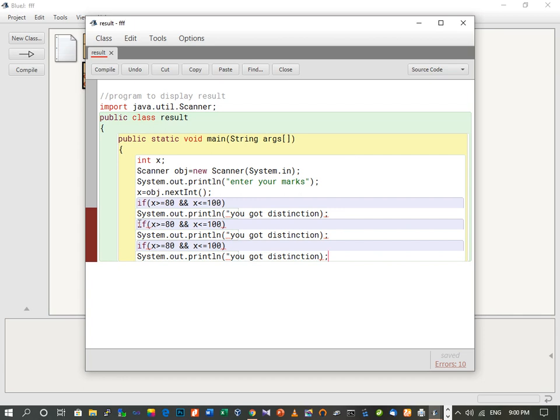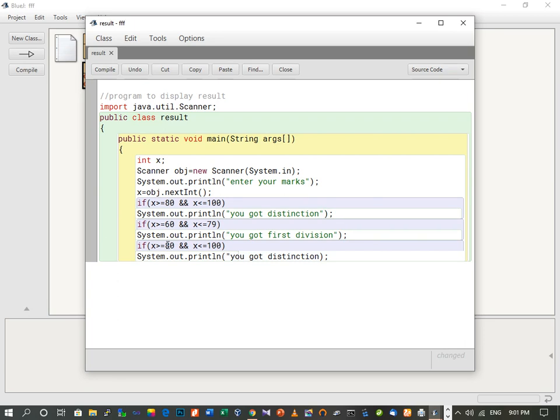Now if the marks is greater than or equal to 60, and less than or equal to 79, because above we have used up to 80, so here we will take up to 79. Means if the marks is between 60 and 79, then we can put over here, you have got first division. Here we have to put inverted comma close.